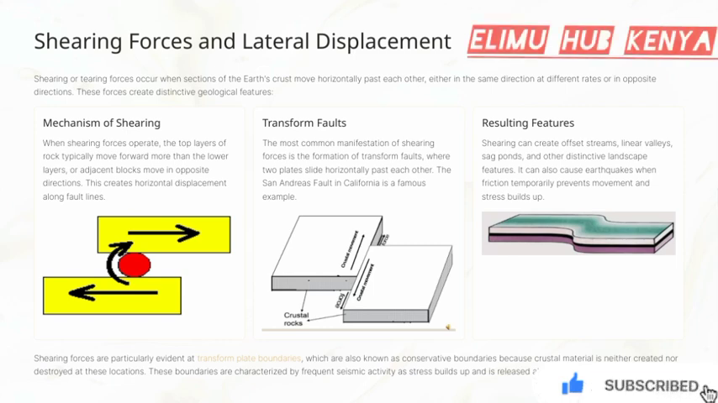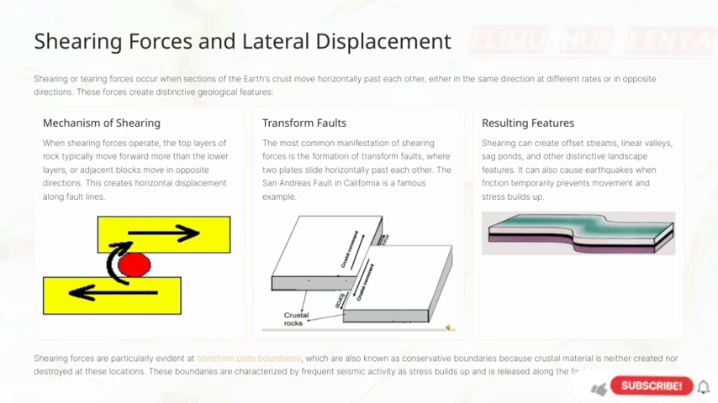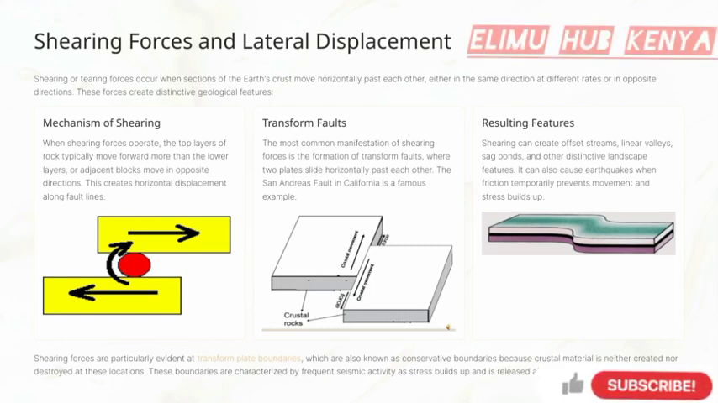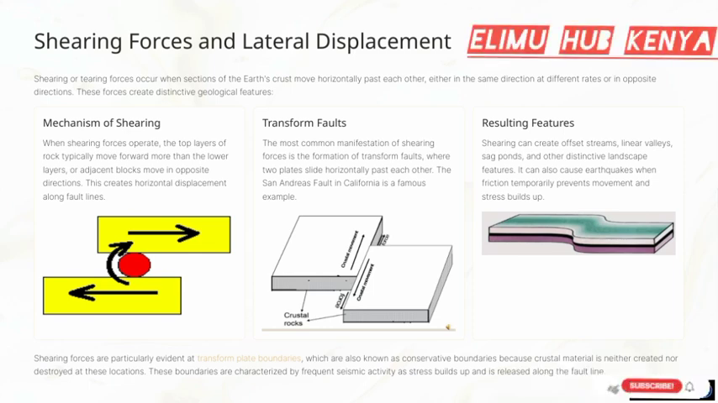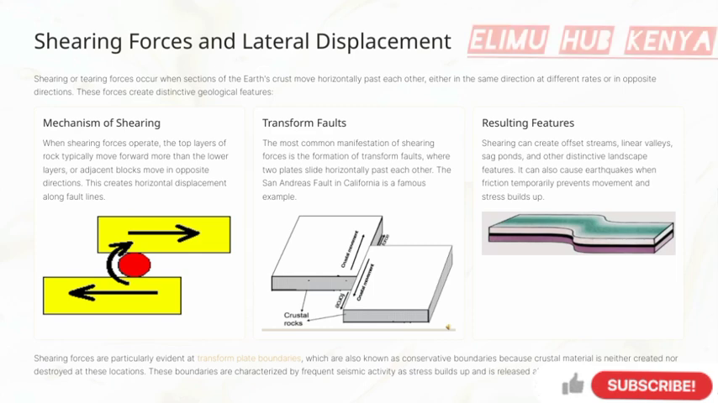Shearing forces are especially prominent at transform plate boundaries. These boundaries are sometimes called conservative boundaries because, at these locations, crustal material isn't created or destroyed, it's just shifted around. That's why we see frequent earthquakes along these faults, as stress continually accumulates and gets released. So, in the bigger picture, shearing forces play a key role in shaping our planet's surface and driving seismic activity